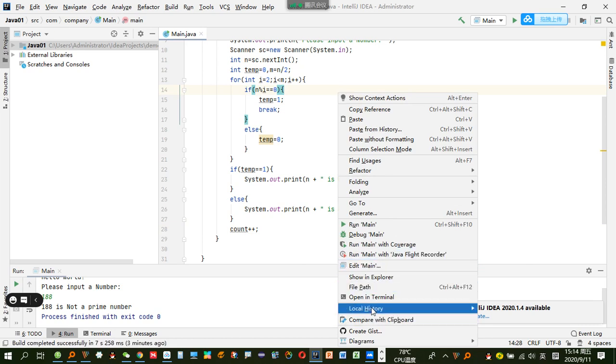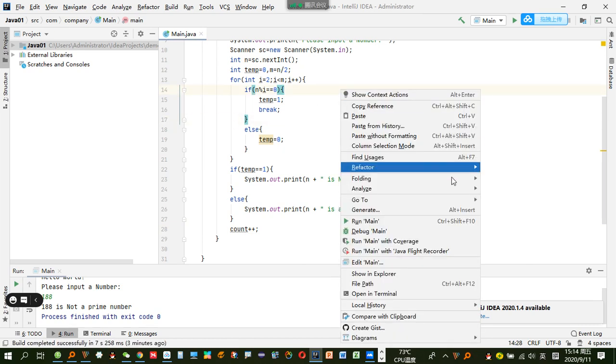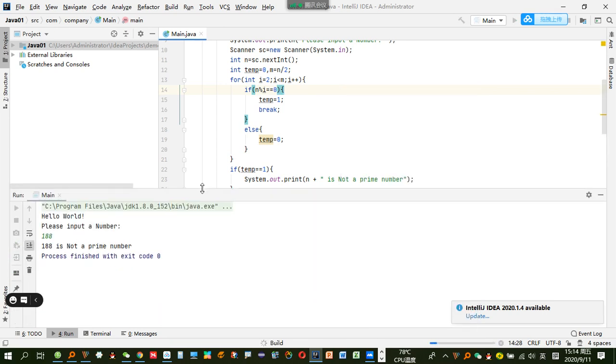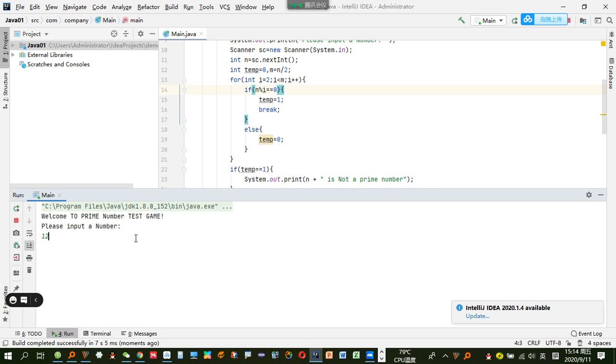Okay, then we try again. Run it again. Run main. Okay, we hope everything goes well. Please input a number. First time 120. Oh, it is not well. Okay, so you see here, please input a number again. And this way, it is not a prime, and then